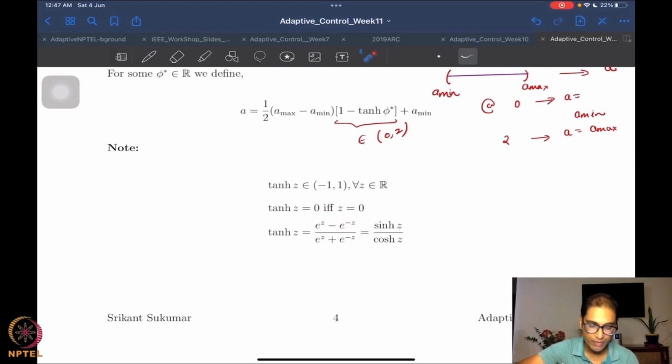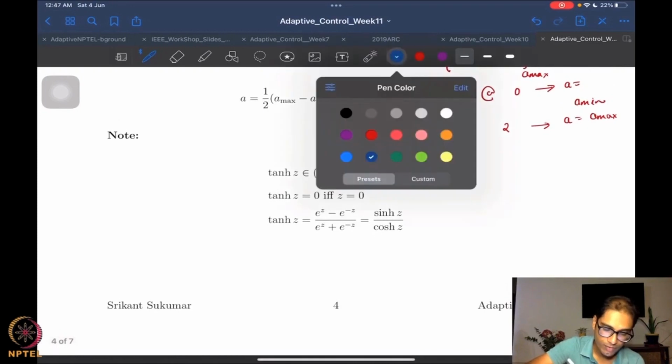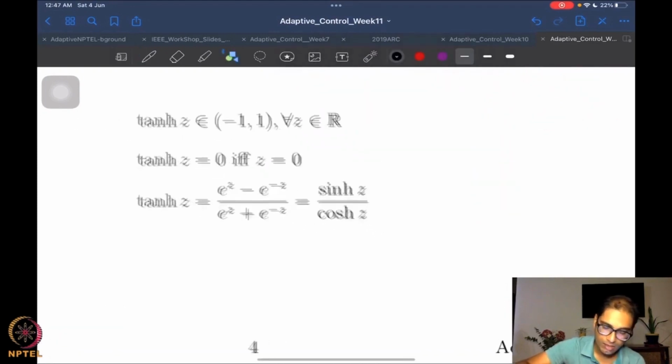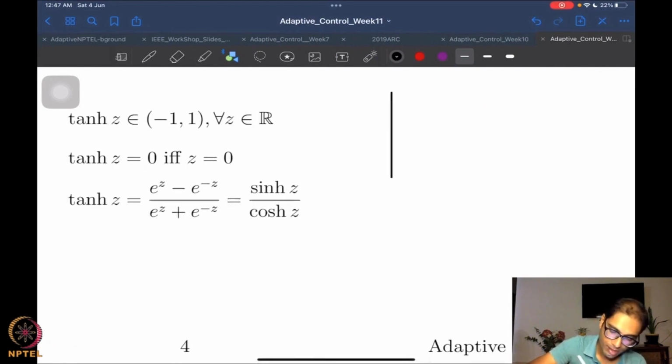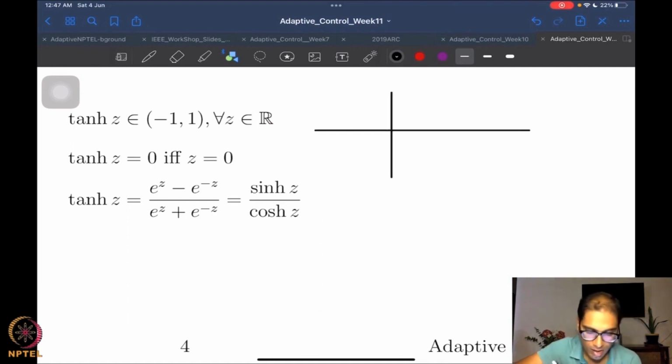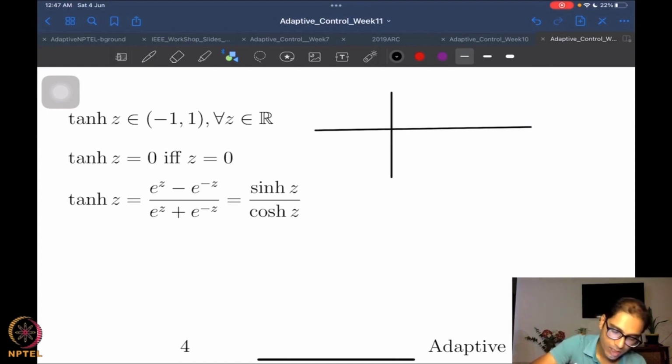And when z goes to minus infinity, these two are 0, so this becomes -1. All right. Now what happens at z equal to 0? The numerator is 0, so therefore you get a 0, right? So the picture of the tan hyperbolic function, if you may, looks something like this, right? So the tan hyperbolic function,